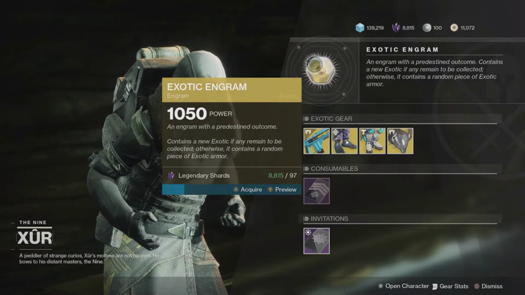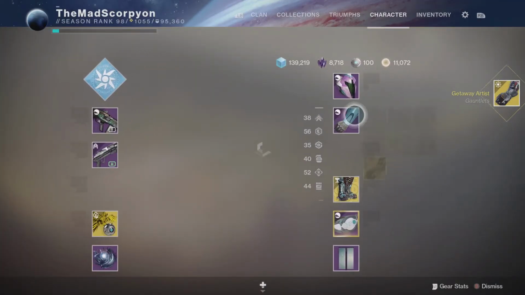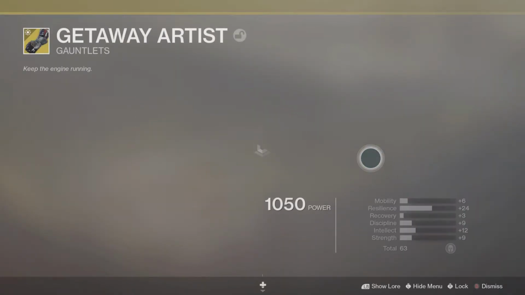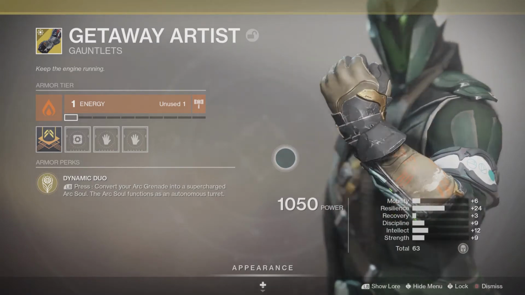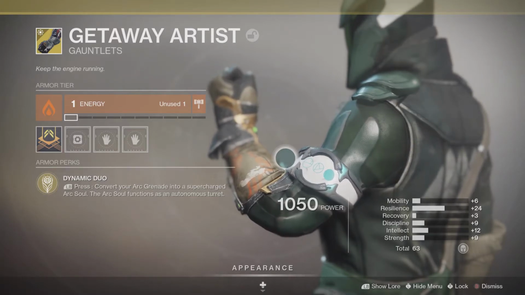And moving on up to the random exotic, let's see what we get to give a suggestion. Getaway Artist, I think, again, because I think this has shown up before, but essentially what this does is it makes it so that you can call upon an Arc Soul whenever you want, as long as you have a grenade to consume. Now this is a better version of it because not only does it have more hits per shot,